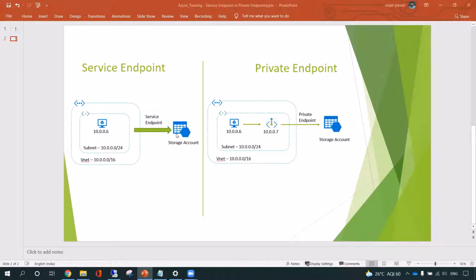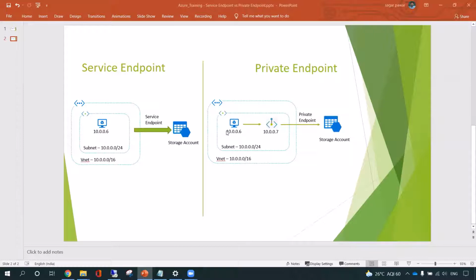In this process, your service endpoint comes into the picture. I can enable this VNet to use the service endpoint of the storage account to access the resource over the private IP. Service endpoint uses the Azure backbone to connect to this storage account over the private IP. If I compare this with the private endpoint, it is an almost similar structure, but more secure. This is also secure, but it has a different design. We'll talk about that as well.